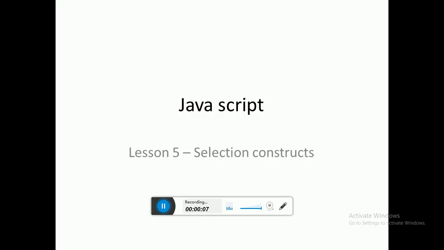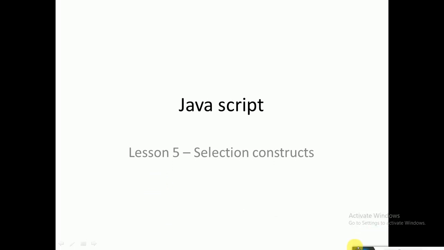We'll go to the fourth lesson today. The fourth lesson will be working on selection constructs in JavaScript. In the previous lessons, we taught how to work with JavaScript, which includes how to write an alert statement, a confirm command, and how to declare variables and constants. Like that, there are various operators. All those commands we covered in the previous sessions. Today we will be learning about selection constructs in JavaScript.